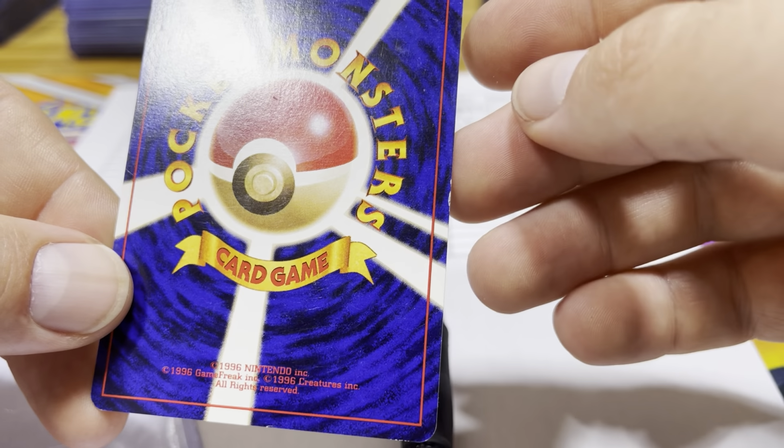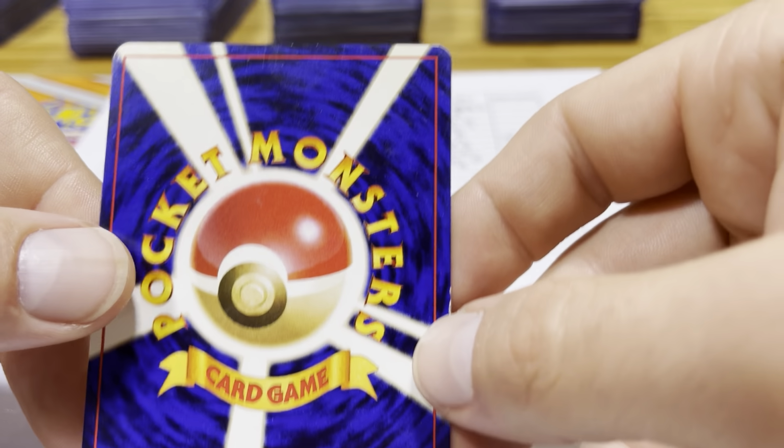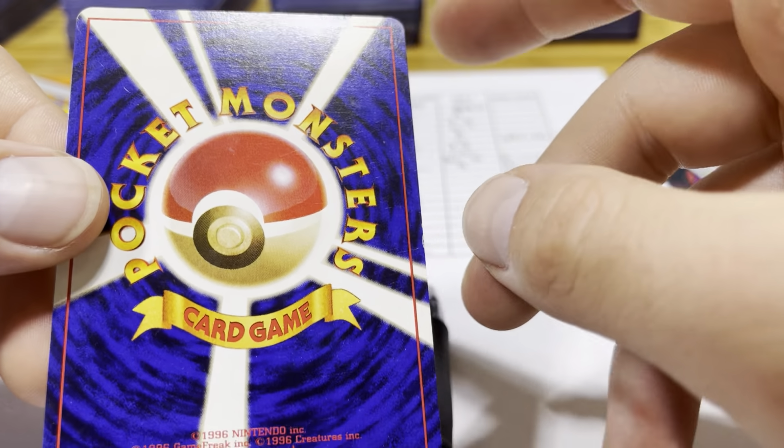Ouch, that is a huge gap right there. So this is no longer a BGS idea. This is more, well,